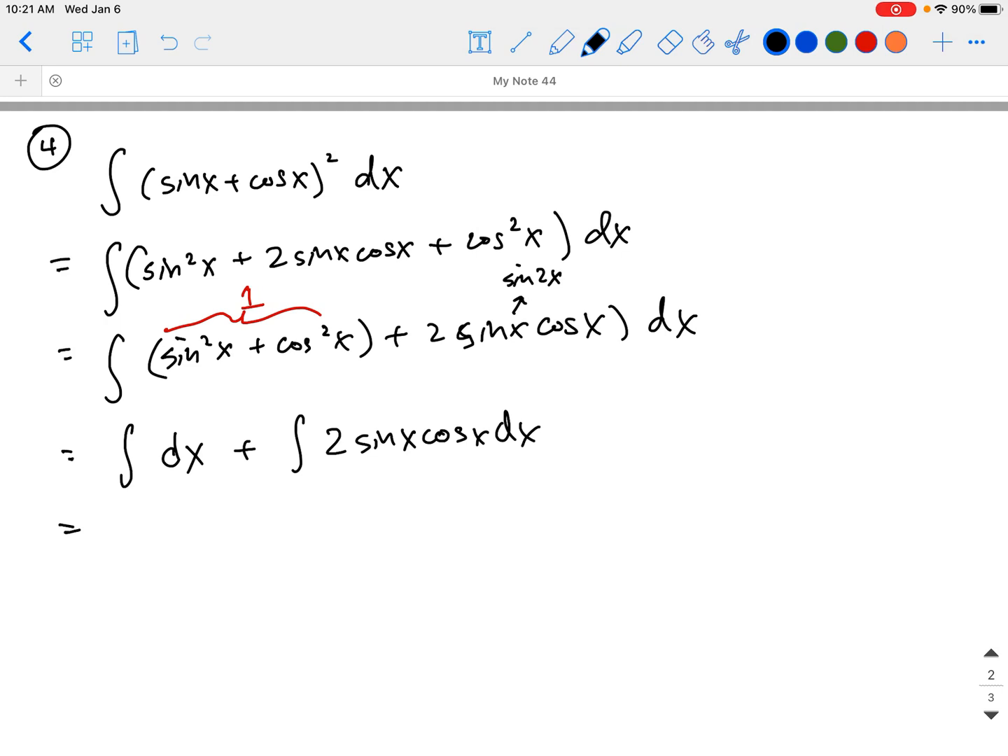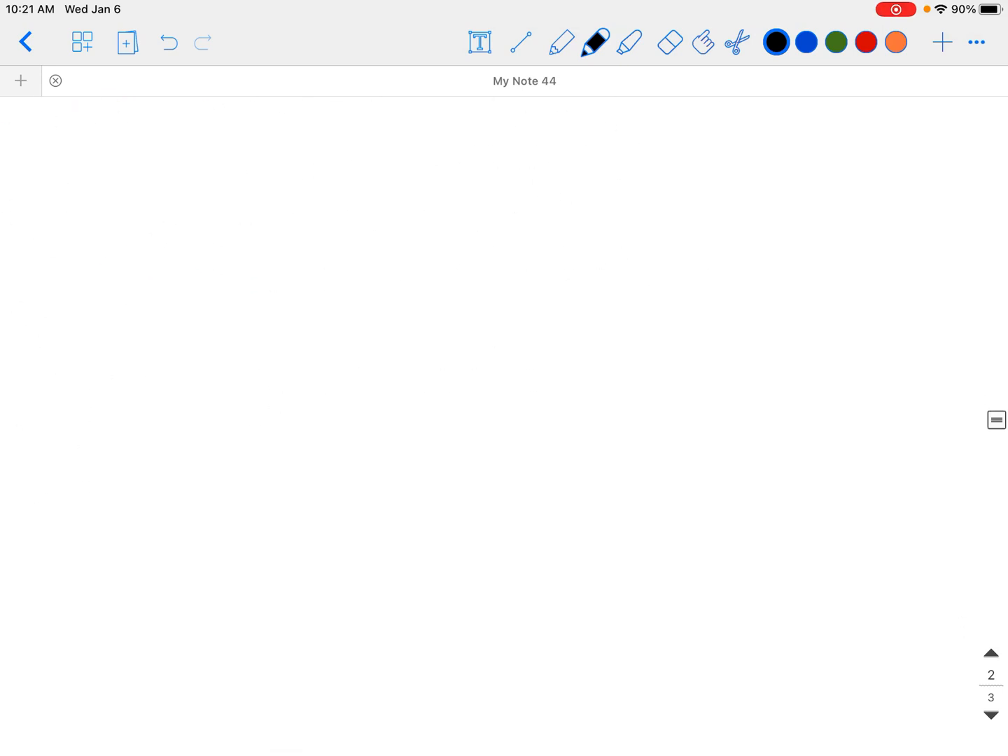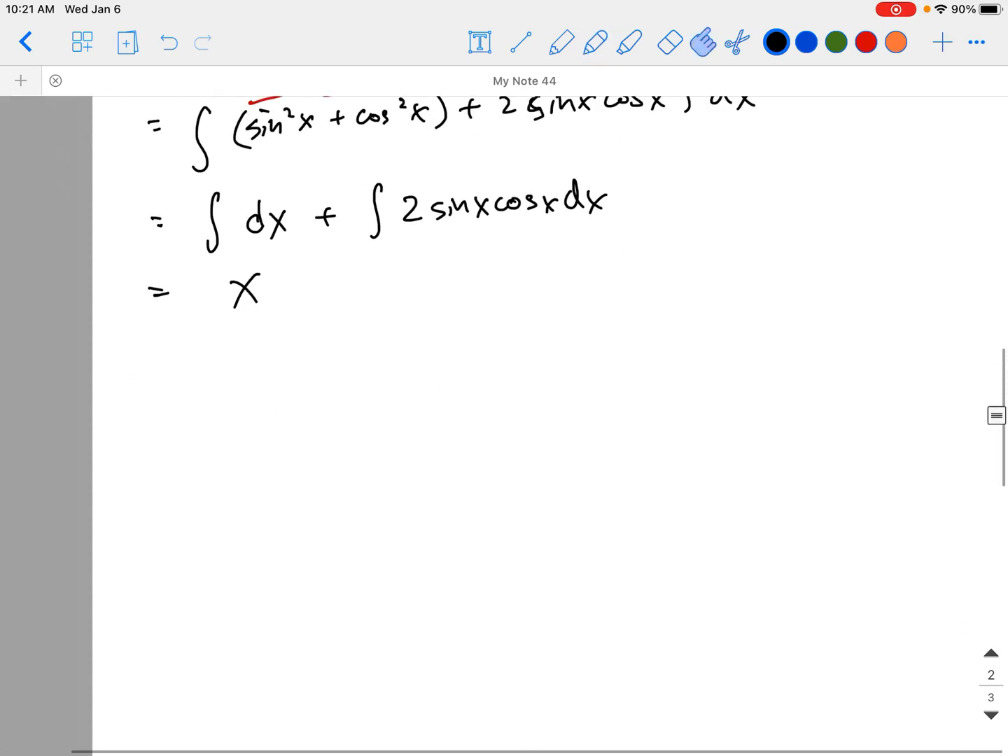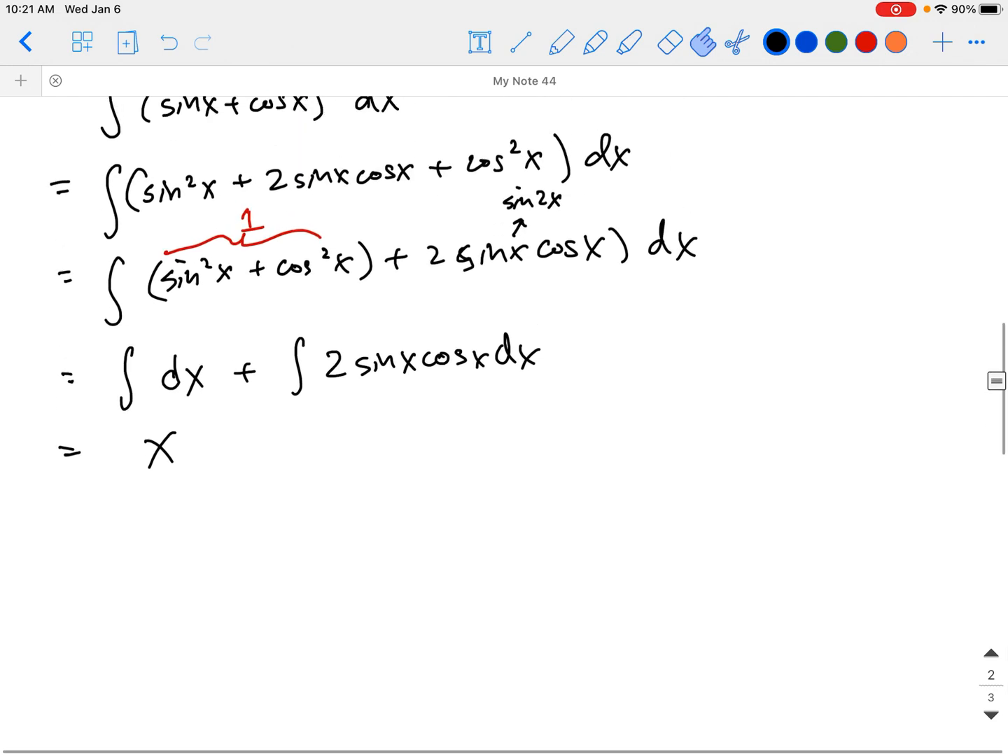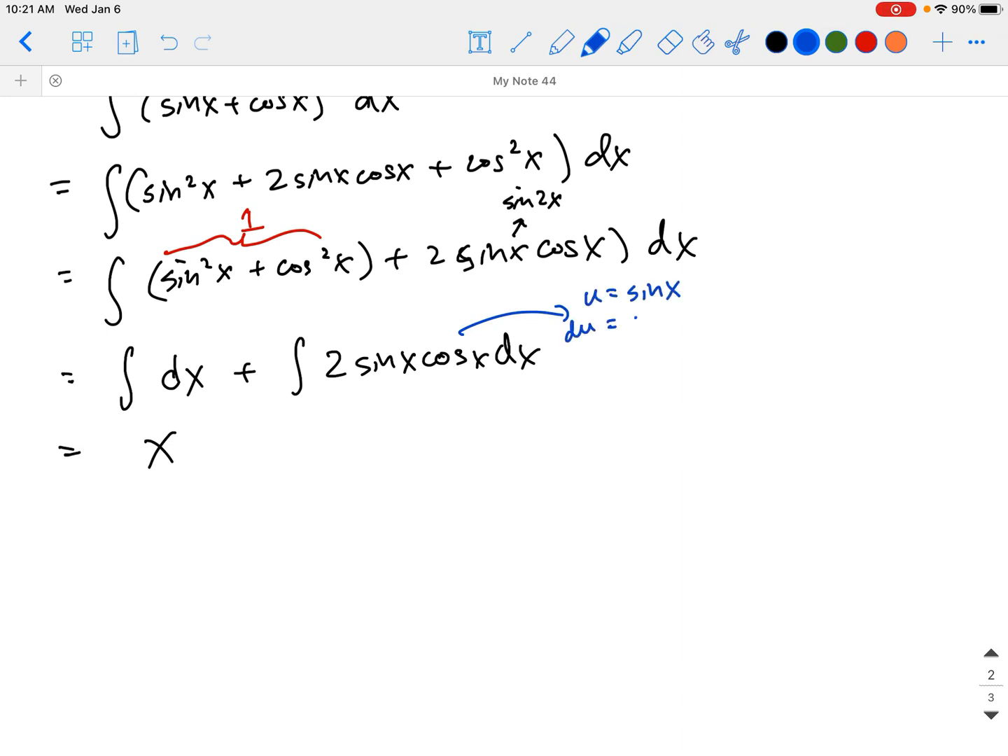So the first term is just going to be x. So we know it's going to be x plus whatever our integral is on the right. And so for this one, we could just do a quick u substitution. So we'll let u be sine x, and du is equal to cosine x dx. So we can sub both of those terms out. So this is going to be plus the integral. I'll bring the 2 outside since we can just leave it there. And we'll have